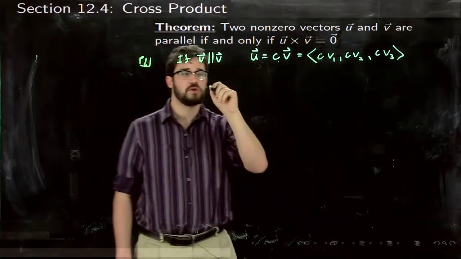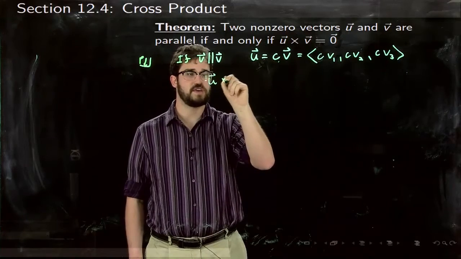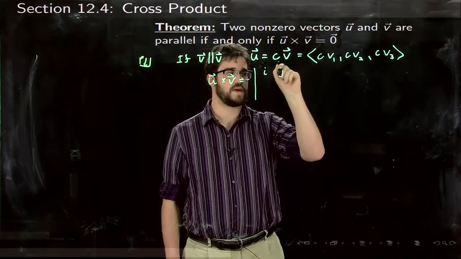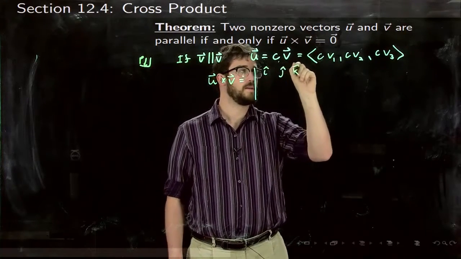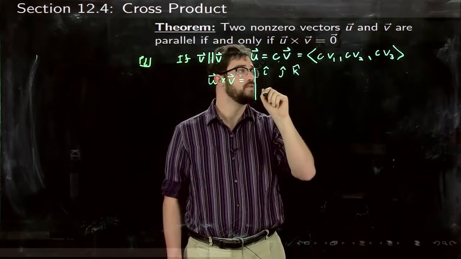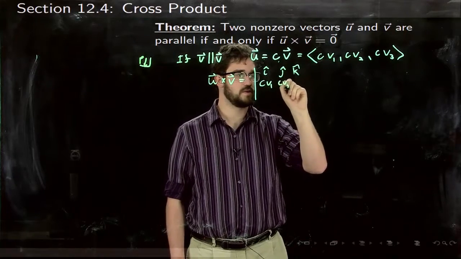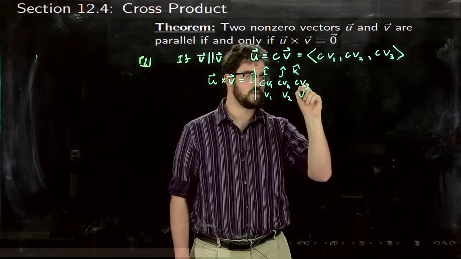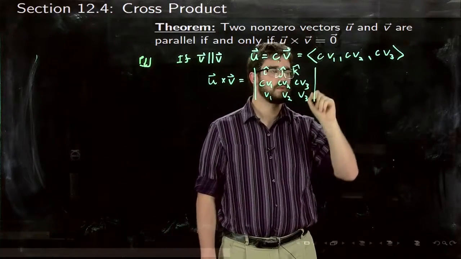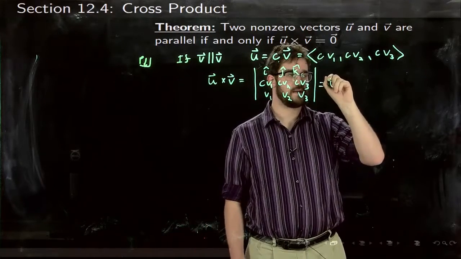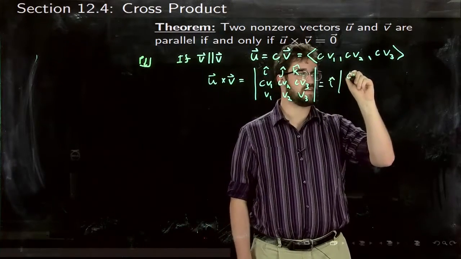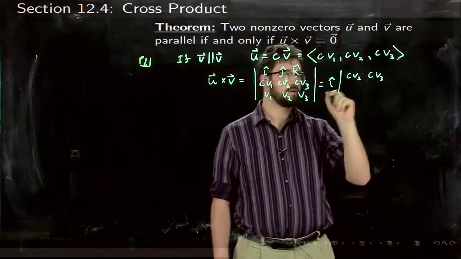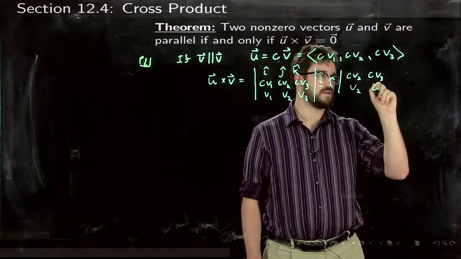Now, if we do u cross v, we have our determinant of i hat, j hat, and k hat, of cv1, cv2, cv3, v1, v2, v3, and then we have i hat, cv2, cv3, v2, v3,